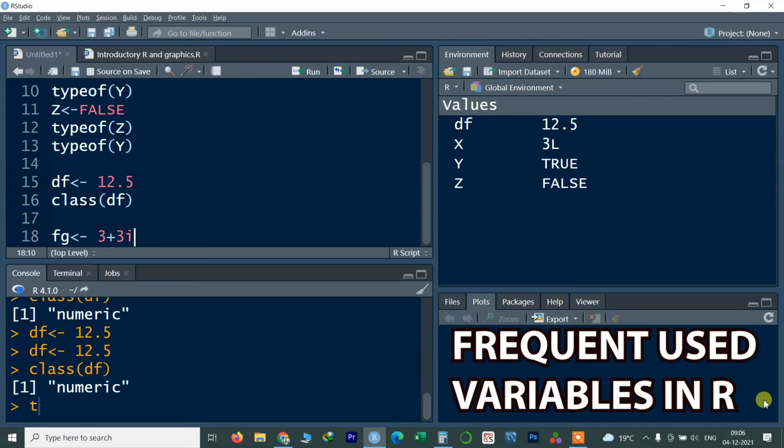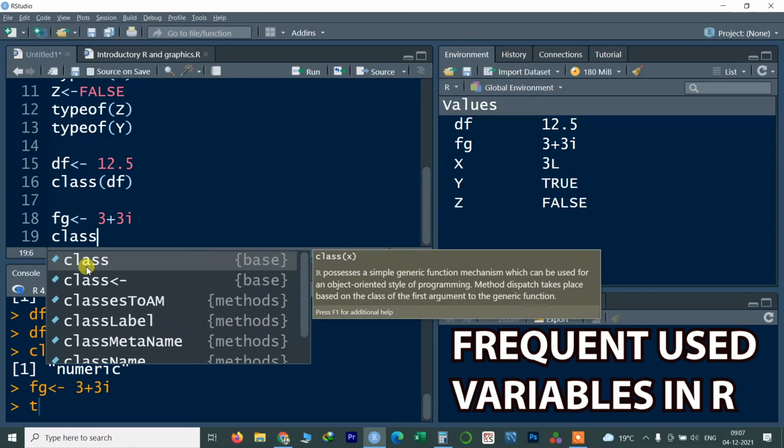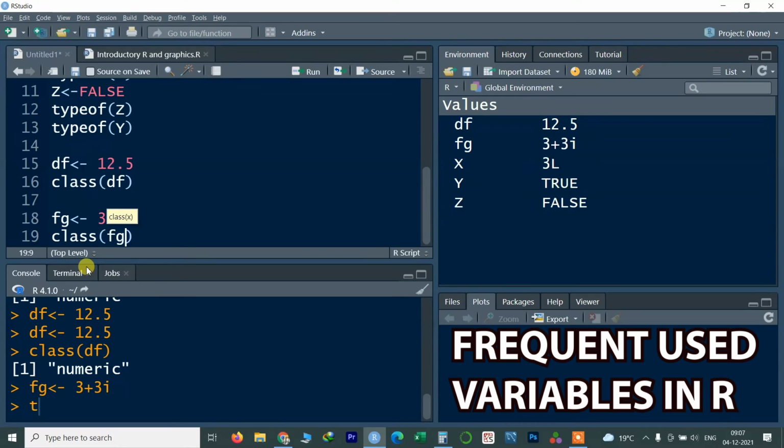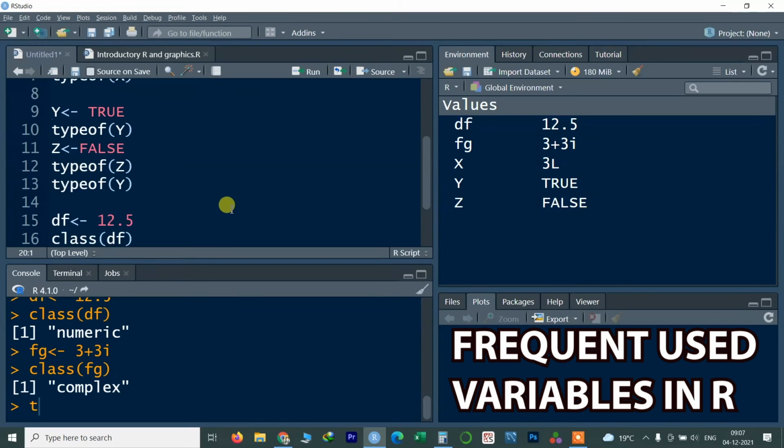This is one kind of imaginary complex number. Now I have saved this fg vector, and you can see it has been saved. Now I need to check the class of this fg. So just give class, then fg in brackets, and it will give you the class type of this vector called fg.